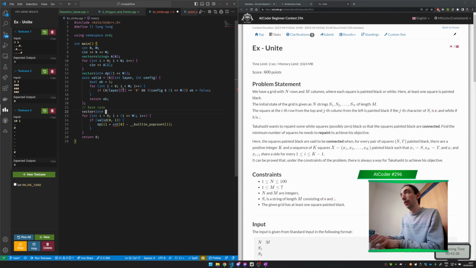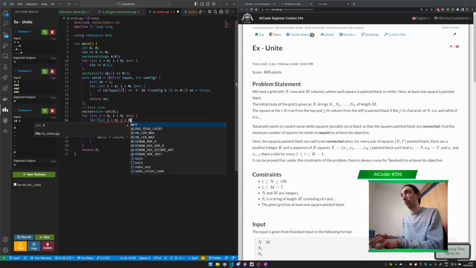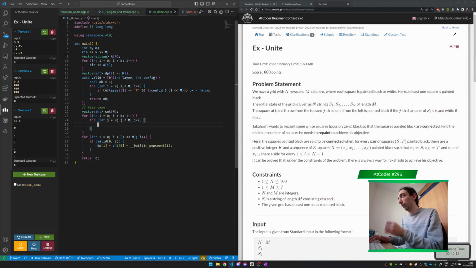Now I will just add a vector here. If A at ij is this, then count at I plus plus. Okay, this is fine. Then for each other layer,